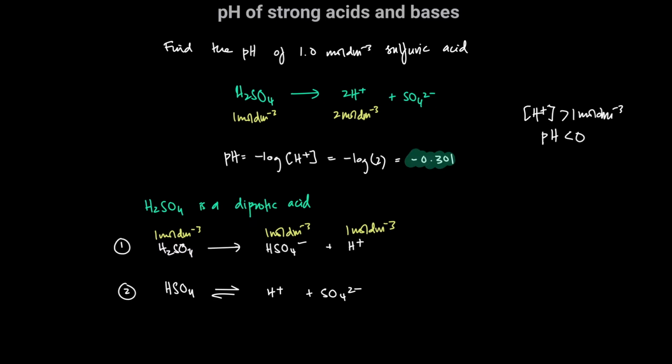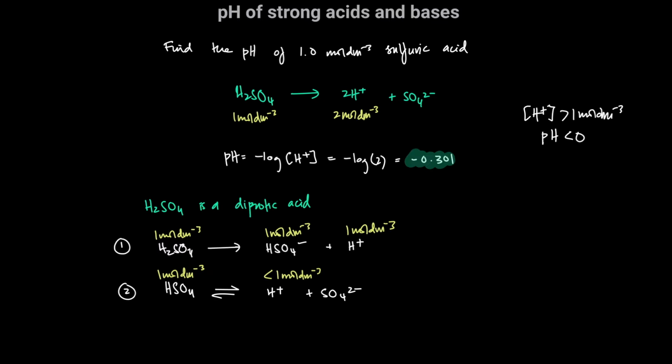The second ionization is when this HSO4 minus ionizes partially. So in the first stage, we formed 1 mole per dm cube HSO4 minus, and that will ionize partially. So the concentration of H plus ions from it will be less than 1 mole per dm cube,